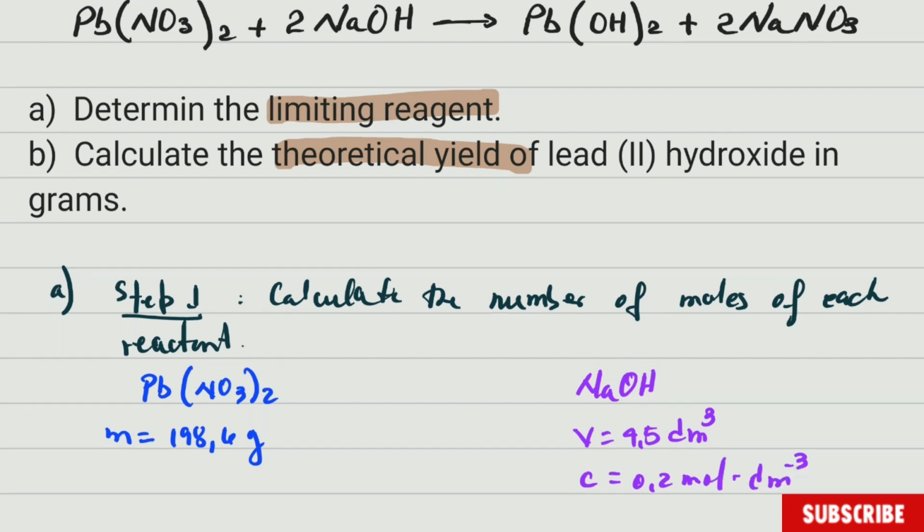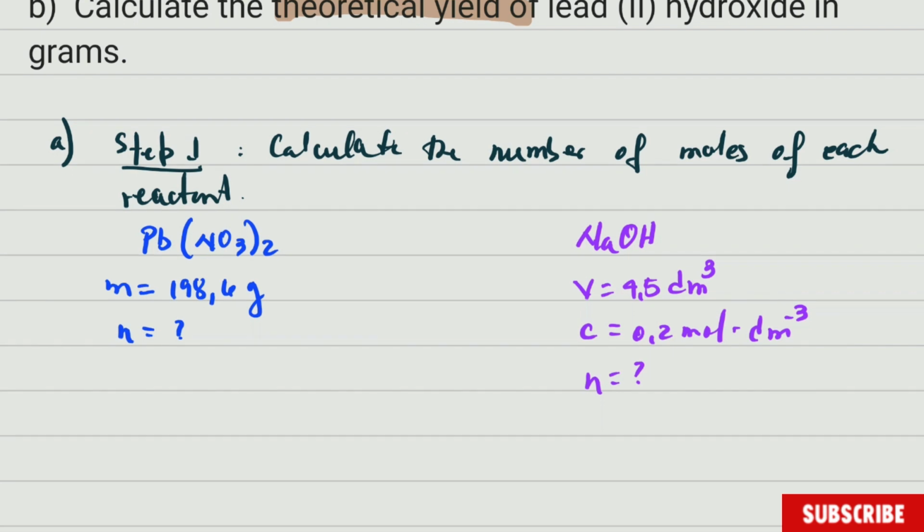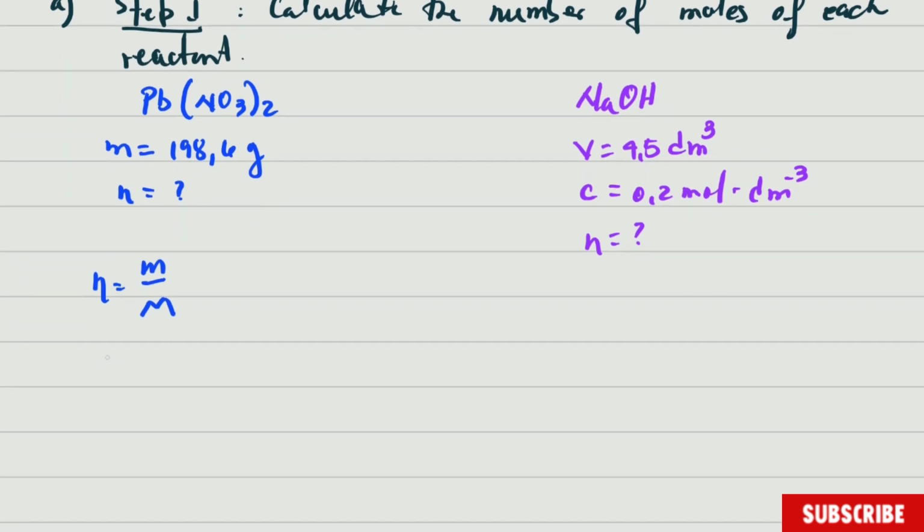All right, now in each case we have to calculate the number of moles. It doesn't matter what formula you use to calculate the number of moles. So in this case, because we have the mass, the best way is to say that number of moles is equal to mass divided by molar mass of lead(II) nitrate. And the first thing you obviously need is the molar mass of lead(II) nitrate. We can do it real fast. Let's do it, even though I'm sure you can do it. So the molar mass for lead(II) nitrate, everything that is on this side, will be equal to